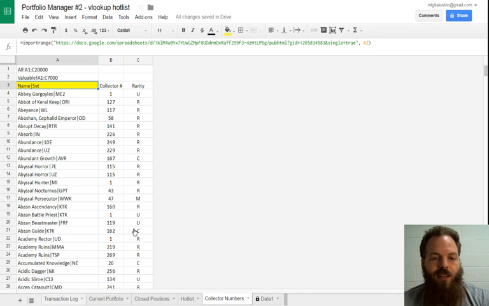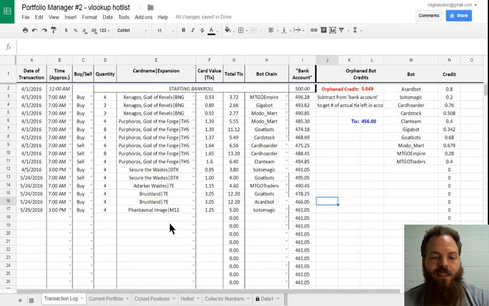So those are the main modifications. I think it's made the sheet quite a bit more user-friendly. I'm certainly open to more suggestions about how to improve the usability of this, and in our next video I'm